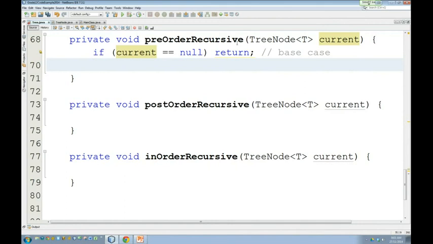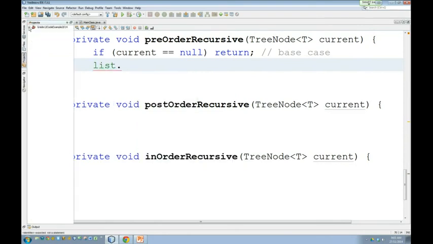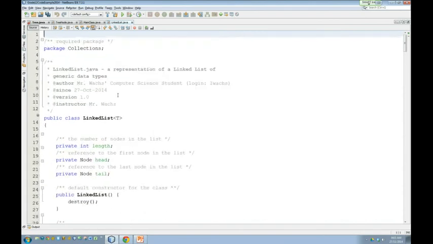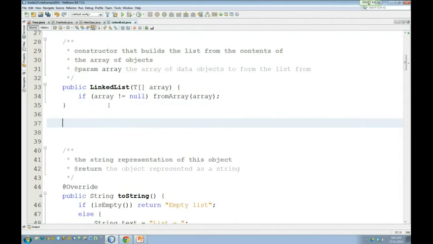Okay? Now, according to pre-order, what I now need to do is add the current node to my linked list. Now, we have various ways to add a node to a linked list. But I'm going to make a suggestion right now. Could you guys just take a second to open your linked list class? This will only take a second. So go to your linked list class, and let's add a simple add method. So public void add